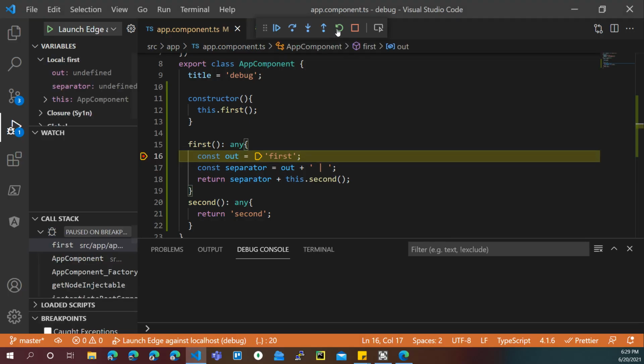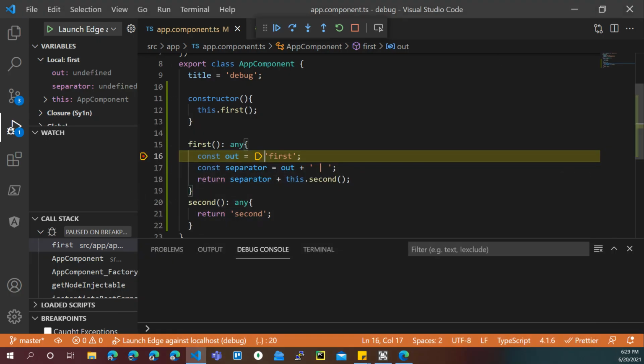So once you do restart, you can see that our code has now stopped at the breakpoint. Currently, the code execution has stopped and it is waiting for us to take control of the code from here. If you have a look at the browser, you can see it's still loading. That's because our first function is called from the constructor, and as the constructor has not yet finished, the HTML blocks have not yet been initialized. So our code is stuck over here.